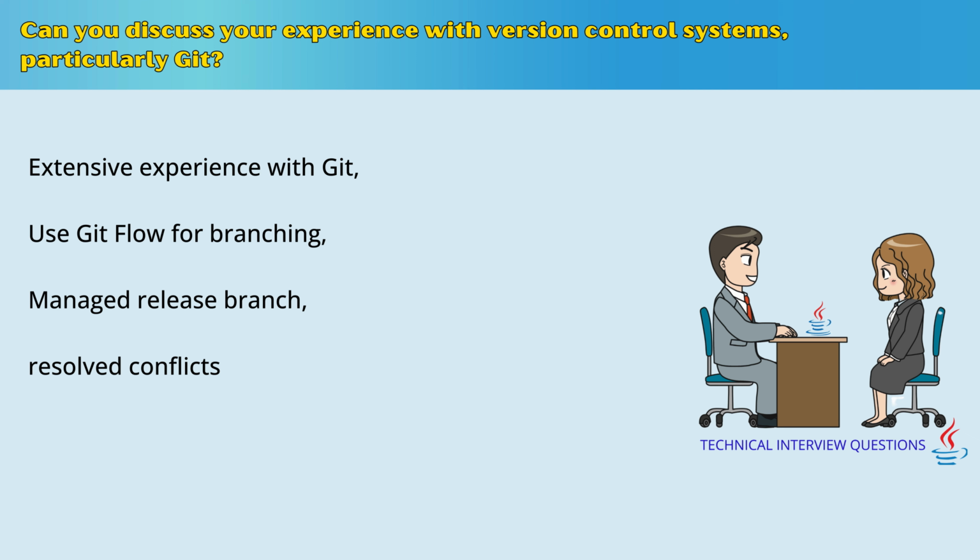In my last job, we followed a branching strategy based on Git flow. We had separate branches for features, releases, and hotfixes, which helped us manage the development process effectively. I also made use of GitHub's pull request feature for code reviews and collaborated with other team members by commenting on code, suggesting changes, and discussing potential improvements.